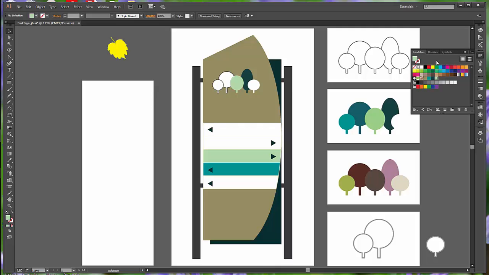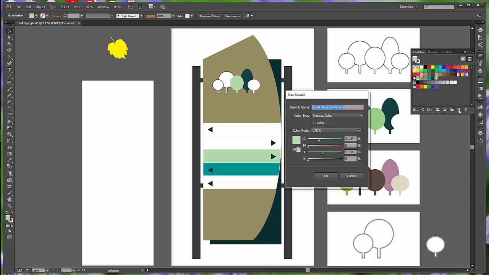I want that on the front, and we're going to go back. Well, that pretty much selects the green, that green that we just made, because that was the last color we used. Go to the new swatch button again at the bottom and click on that. Notice this comes up with the same color information,